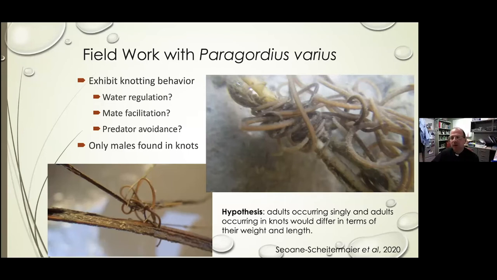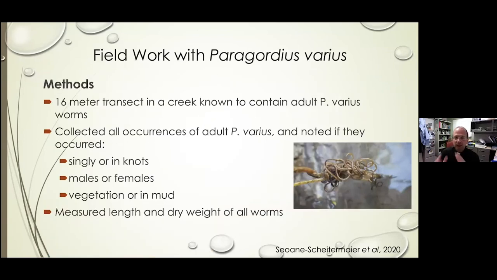The larger the worm, the more gametes it has, and so maybe the larger worms might be found in knots to facilitate finding a better mate. But we just figured they're going to differ somehow in terms of length and weight. So we constructed a transect in a creek, and we just moved along that transect and collected all the adult